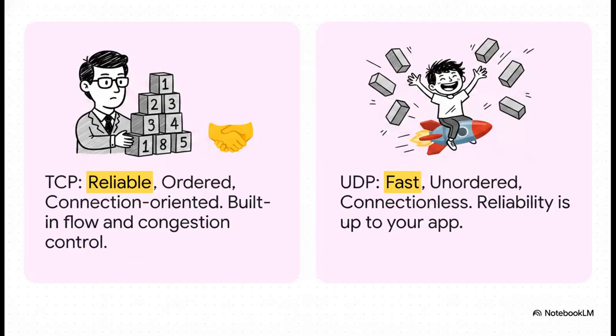And this really sums it all up perfectly. TCP is kind of like the responsible parent. It's reliable, it's orderly, it's very careful. UDP? UDP is the rebellious teenager. It's fast, it makes zero promises, and it's totally fire and forget. If you choose UDP and you still need some reliability, well, that's on you. You've got to build it yourself in your own application code.